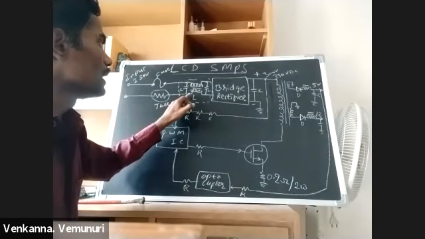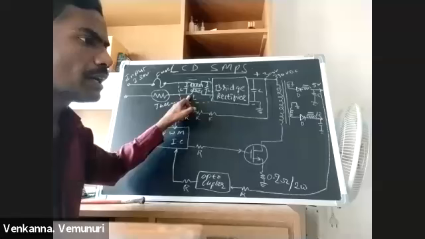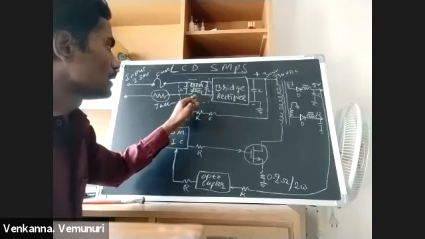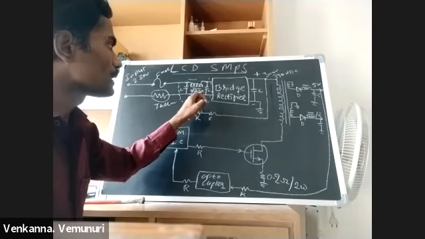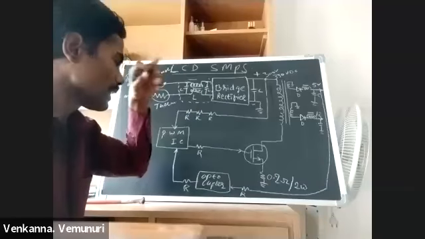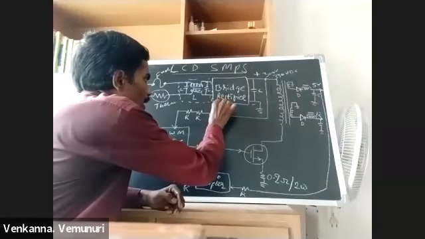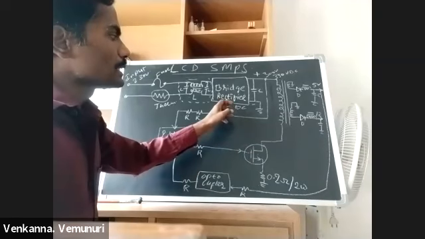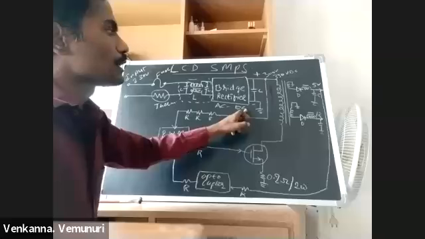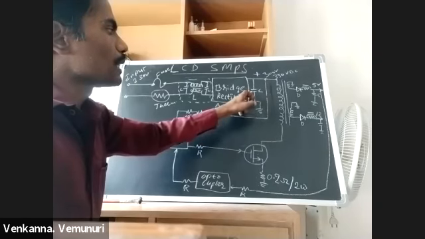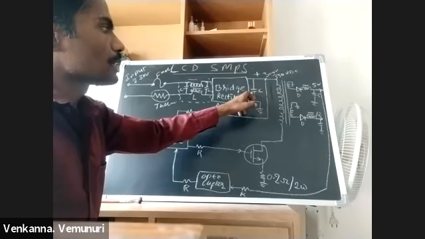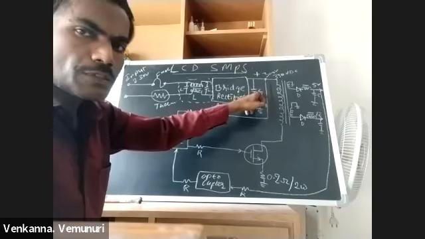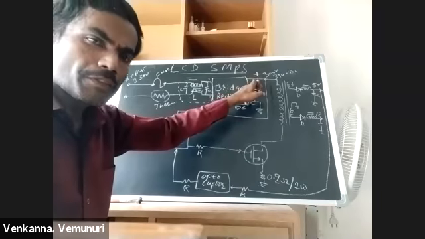After the line filter, which eliminates fluctuations from the AC voltage, we give that AC voltage to the bridge rectifier. The bridge rectifier converts AC to DC, and this DC still has some ripple. We eliminate that ripple by using this capacitor. After connecting the capacitor, we get pure DC voltage, approximately 300 to 350 volts.